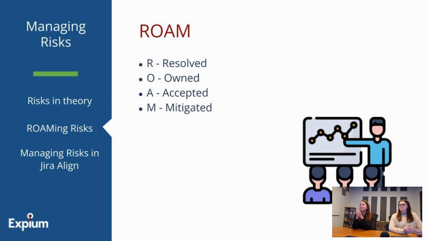Recently, I worked with a team that raised a risk where their firmware team was running code on hardware and they could only develop so far without the actual hardware. When they raised that risk in the event, the hardware team was there and they said, we have a beta unit of the hardware that we can give to you so that you can develop on that. And we actually resolved that risk.